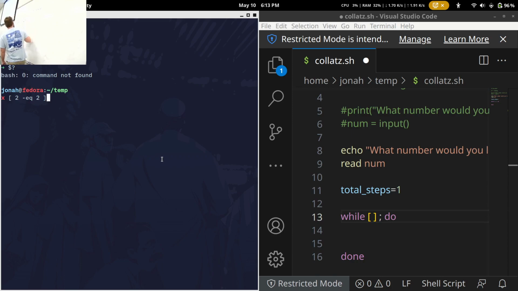In this case, it would be 0. There's like a ton of other flags too. There's like greater than, less than, etc. Don't memorize them all. Just if you ever need a flag other than that one or those, just look it up. Because there's like 200 of them.